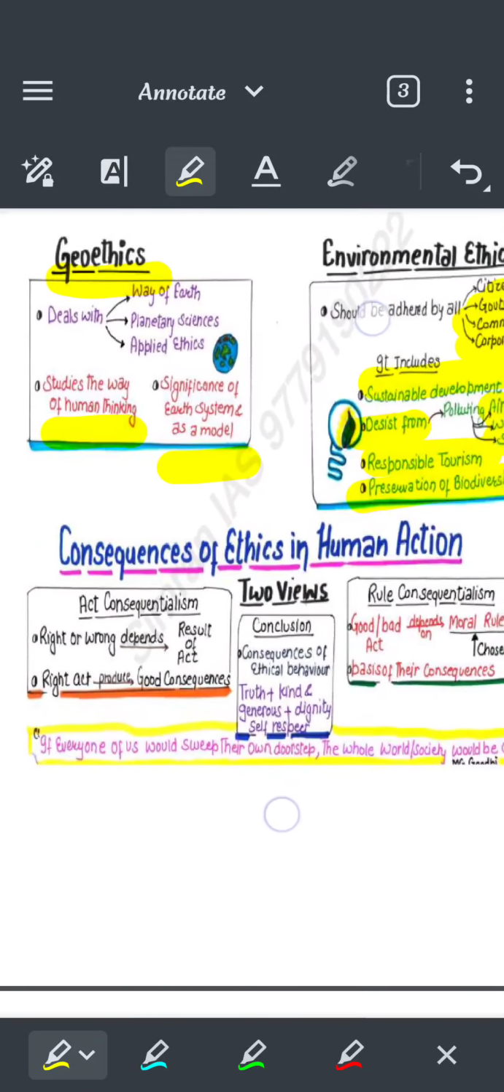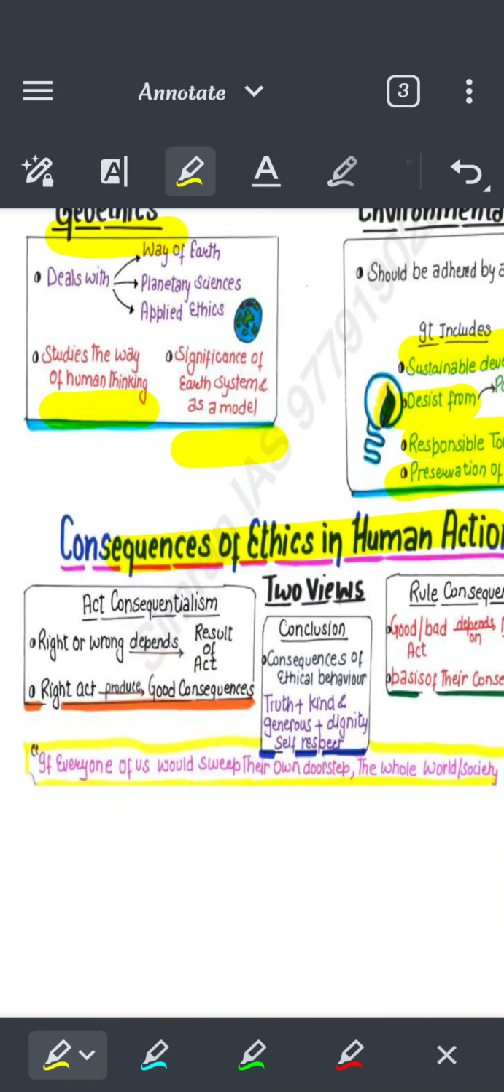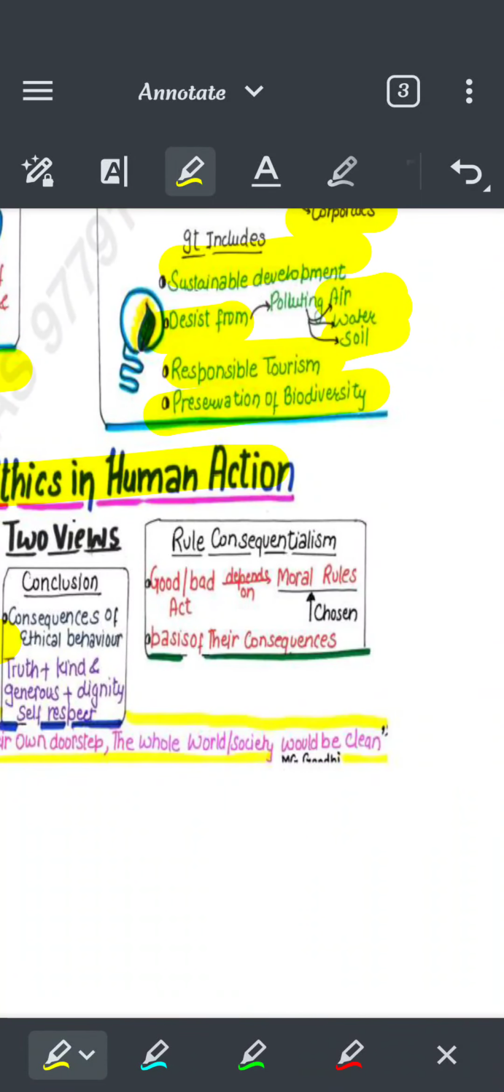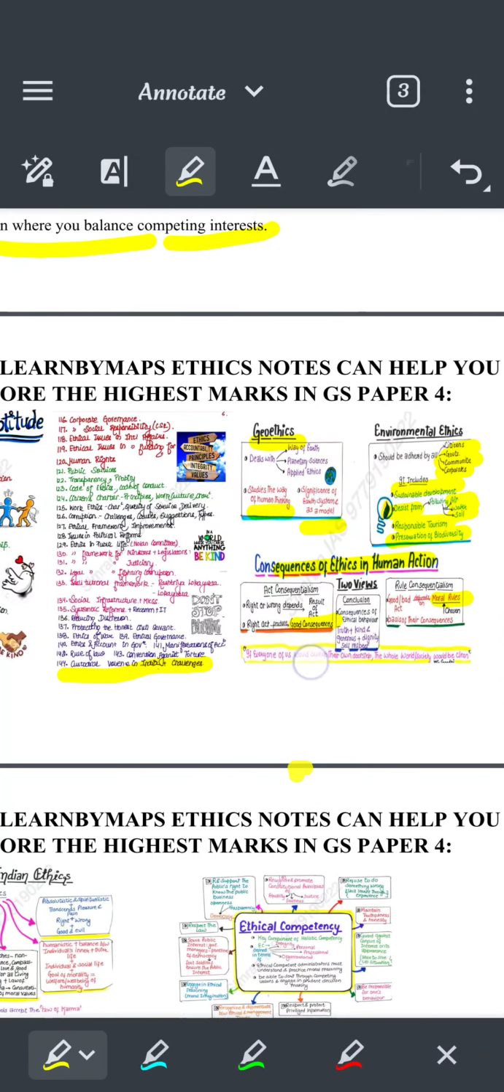So next is consequences of ethics in human action. So act consequentialism: right or wrong depends on the result of the act. A right act produces good consequences. Two views are there. Okay, the next view is rule consequentialism: a good or bad act depends on moral rules. So the basis of their consequences is chosen based on the moral rules. So in this way you can study from these notes,